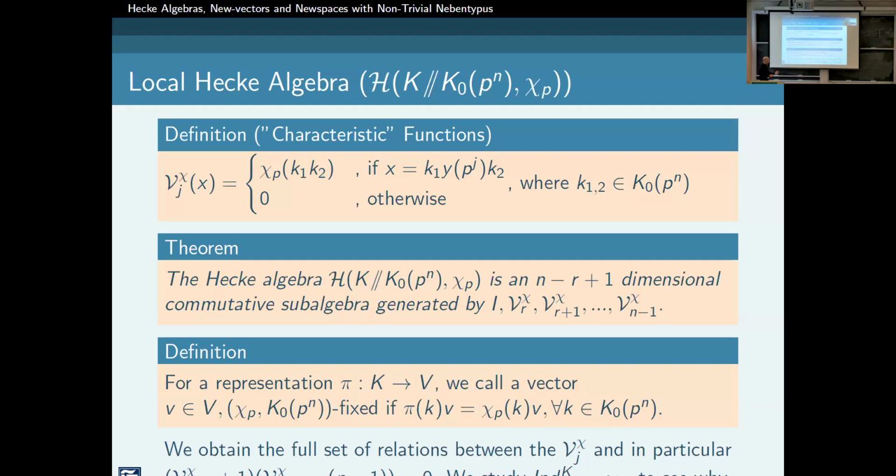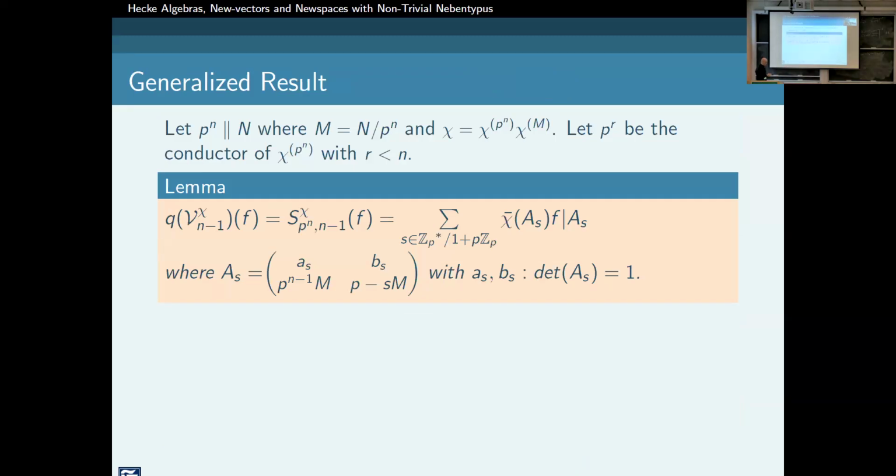So if you examine the action of the Hecke algebra, you distinguish one element, this Vn minus 1 element. And this has these two eigenvalues, -1 and p minus 1. And it turns out that this is exactly the element that we need to slice our space here. So if you take, again, the character and you decompose it as a character of chi p to the n chi m there, with conductor, again, r strictly less than n. So we need the character to be primitive, otherwise there are no oldforms at all.